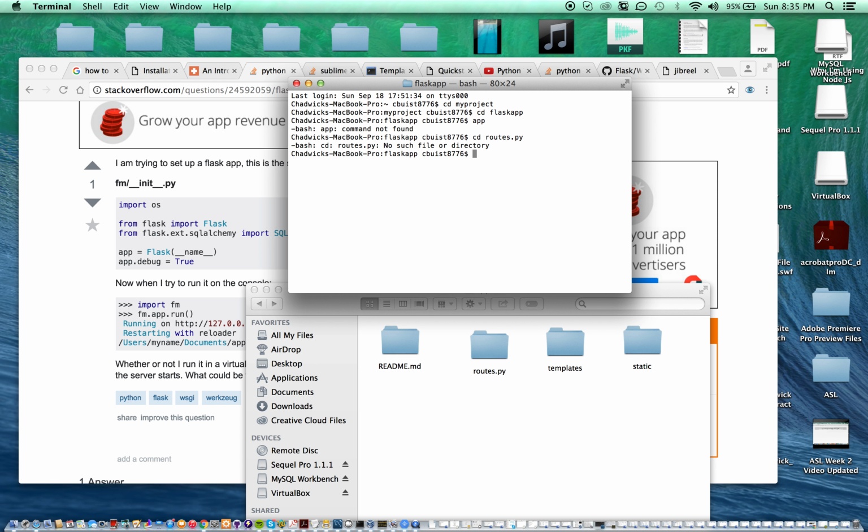Okay, I'm not sure exactly why that's claiming that right now. So let me see, Flask app. Oh, I got to go into app first. Sorry, app, and then. Okay, now I'm in the routes.py, and then I would call it by saying python routes.py, and